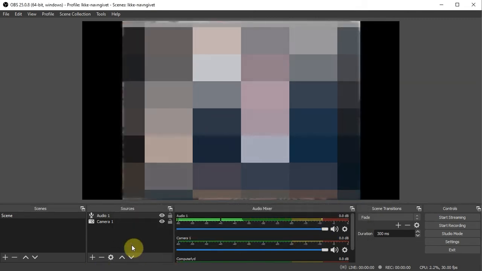Select that and select OK. We now have an audio recording device and a camera, and we are now ready to stream, as we will be able to send a video and an audio feed. As you can see to the right here, we now have an audio mixer that is showing the input level